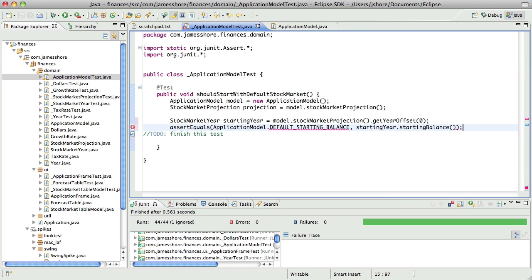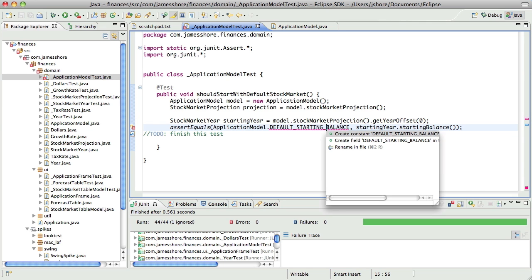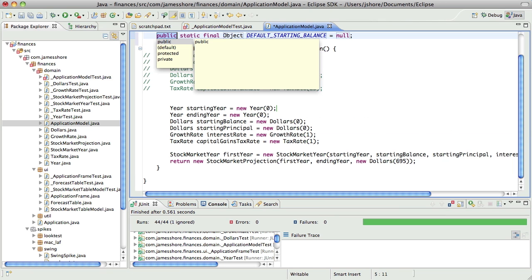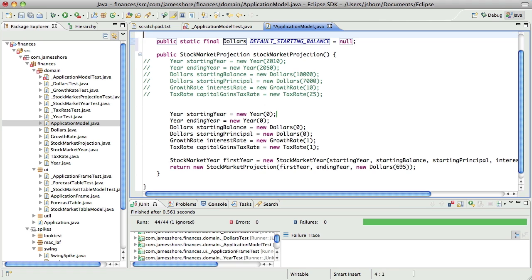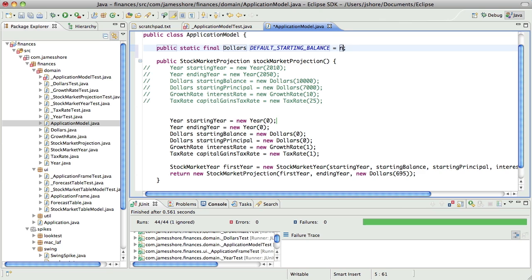Yeah, that looks really promising to me. And that default starting balance, let's make that $10,000.